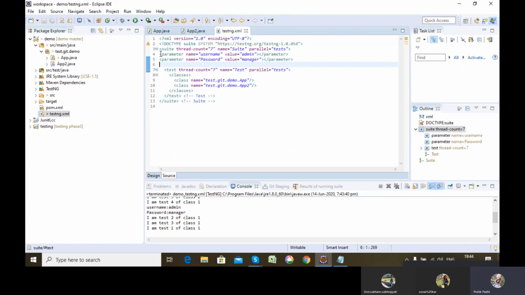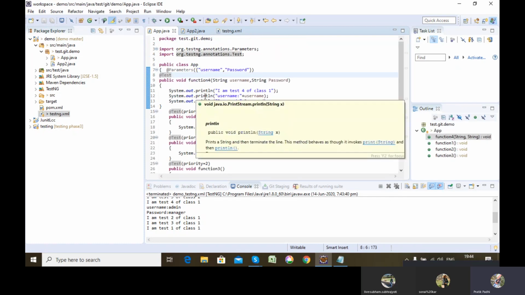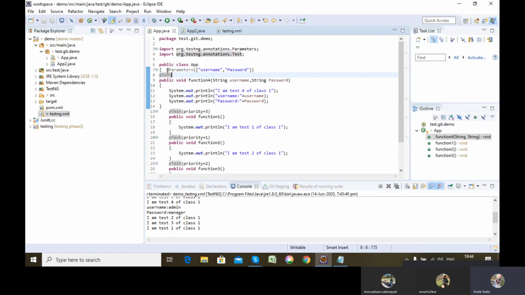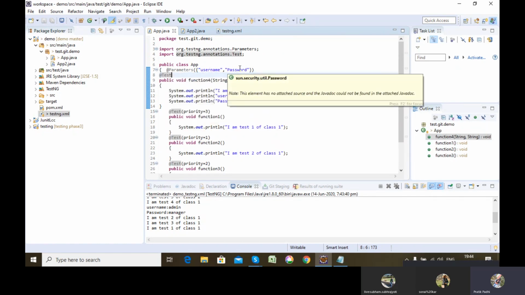So here I have used parameters with username and password as the attribute names and their values as admin and manager respectively. If I want to use a parameter inside my test class, I'll be defining an annotation @parameters and using username and password, which I have defined as attributes in the testng.xml.